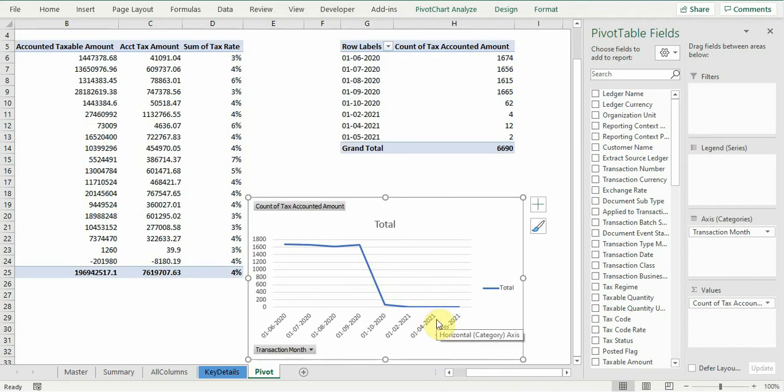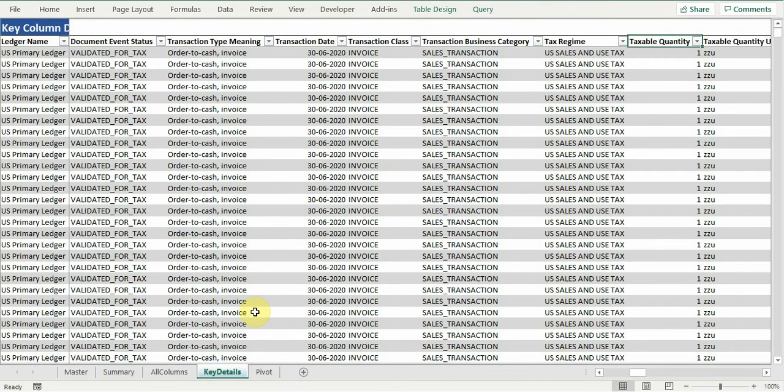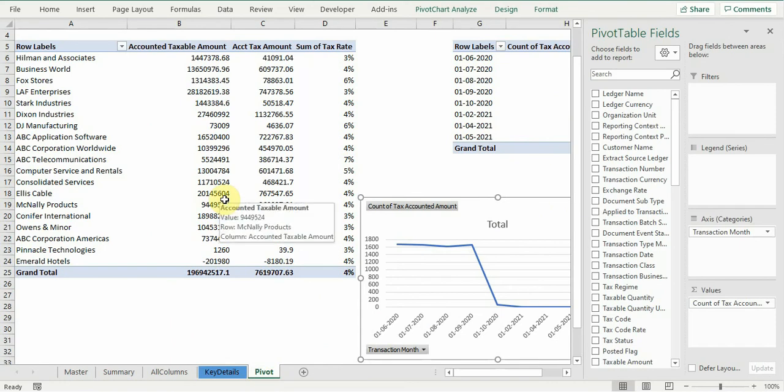Other than this, you can think of any other analysis on an ad hoc basis, and the same can be drawn, like currency wise tax or tax code. You can have multiple tax code wise or regime wise, or even status wise reports. All this analysis is possible because you now have the data in columnar format. So if you come across any other ad hoc analysis that you think will be helpful to others, please mention the same in the comment box.